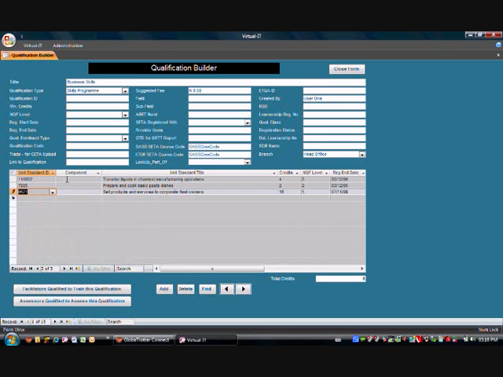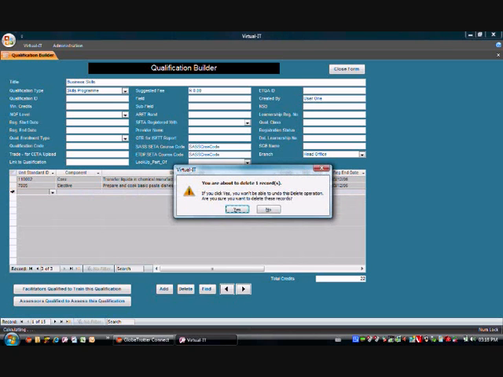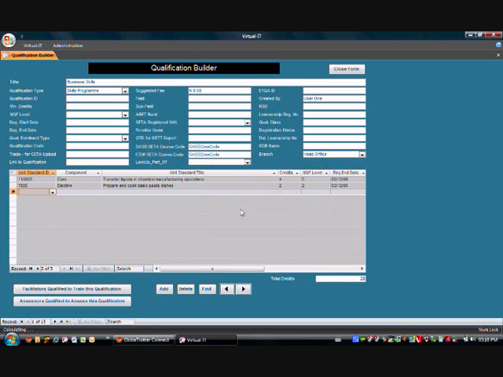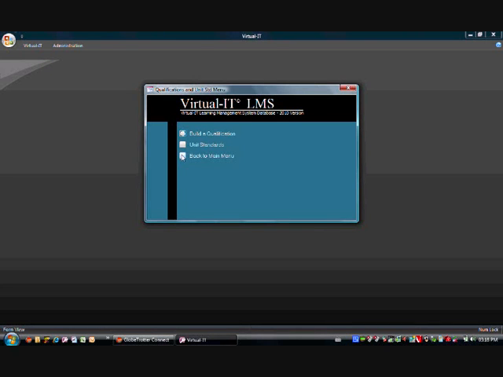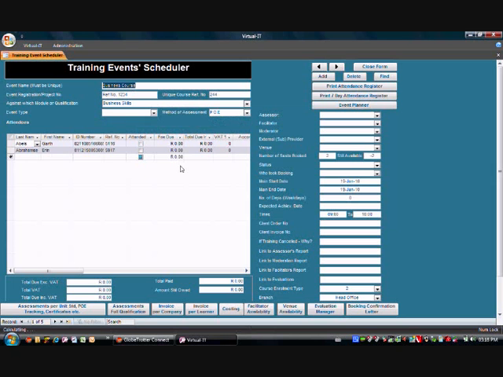There we go. And all you need to do is put in competent, core, fundamental, elective, or whatever you want. And again, all of this is covered in the other videos. If you put in a unit standard too many, all you do is highlight it, press delete, and again it'll say, are you sure you want to delete? Once we've done that, we can now go through to our training event scheduler and then start planning a training